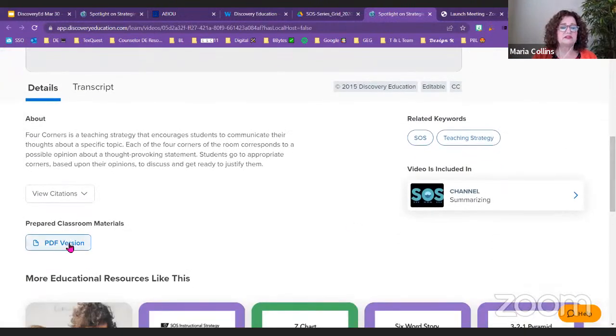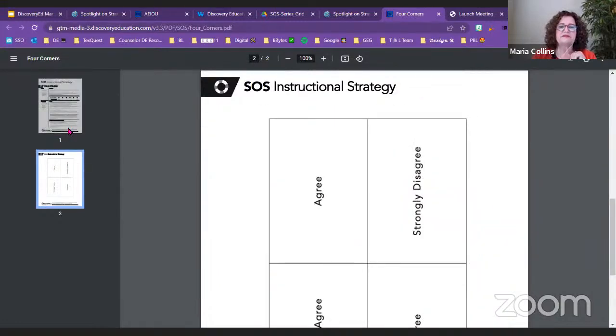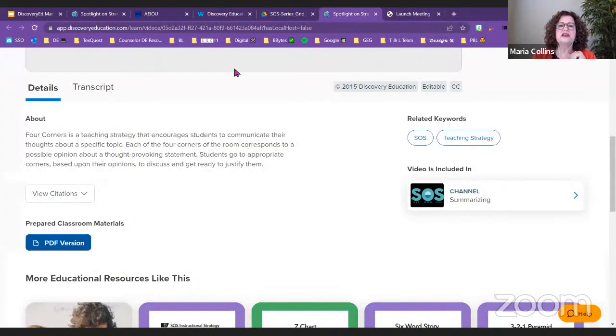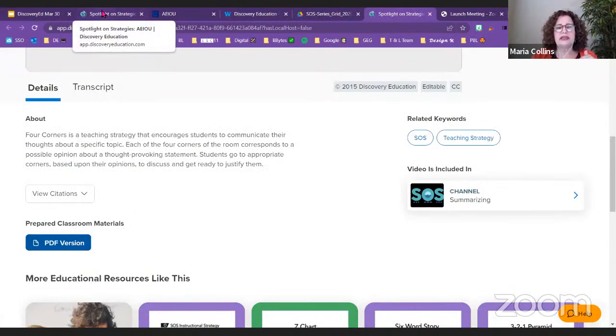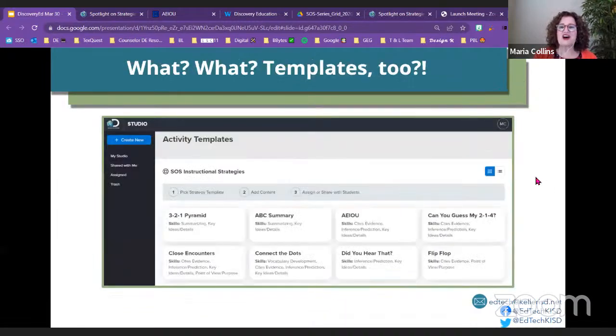And as you scroll down, PDF version. And again, I said, sometimes they call it like teacher materials, PDF version, but that's probably one of the few things that's different. Everything else is always the same. There you have that. So really easy to use. And again, I think it makes the resources that they share become very student-centered. If all you're doing is having the students consume, there's not going to be a lot of retention. So use these instructional strategies, not only for discovery, but for everything. I think it helps.